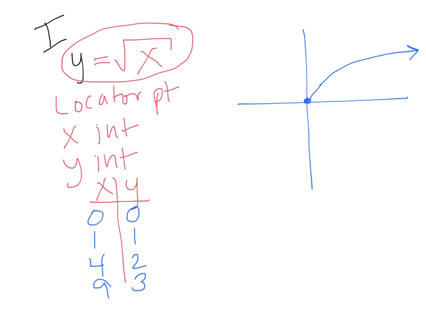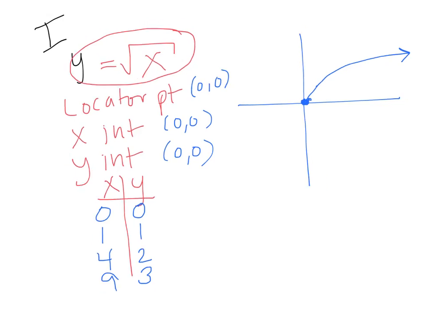We can look and see that the locator point is this point here. Again, it's kind of the equivalent of what a vertex is from a quadratic. So the locator point will be 0, 0. In this case, 0, 0 is actually the x-intercept and the y-intercept. So that's important to know. As you look further down your notes,